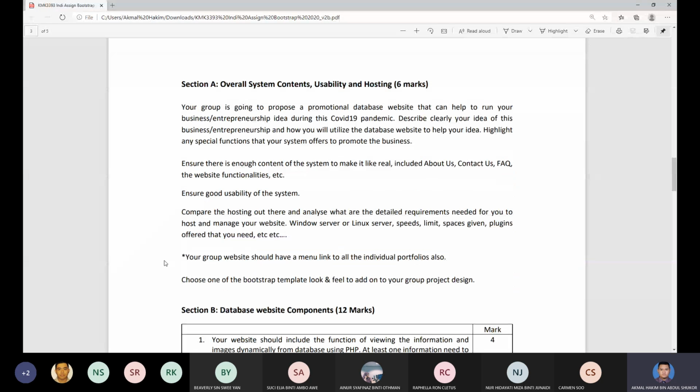Okay, let's look at section A. Six months of your group is proposed a promotion database website that can help you run your business. Describe clearly your idea of this business and how to promote the business. Ensure there is enough content of the system to make it real, including About Us, Contact Us, FAQ, and functionalities. And compare the hosting out there to analyze the detailed requirements needed for you to host and manage your